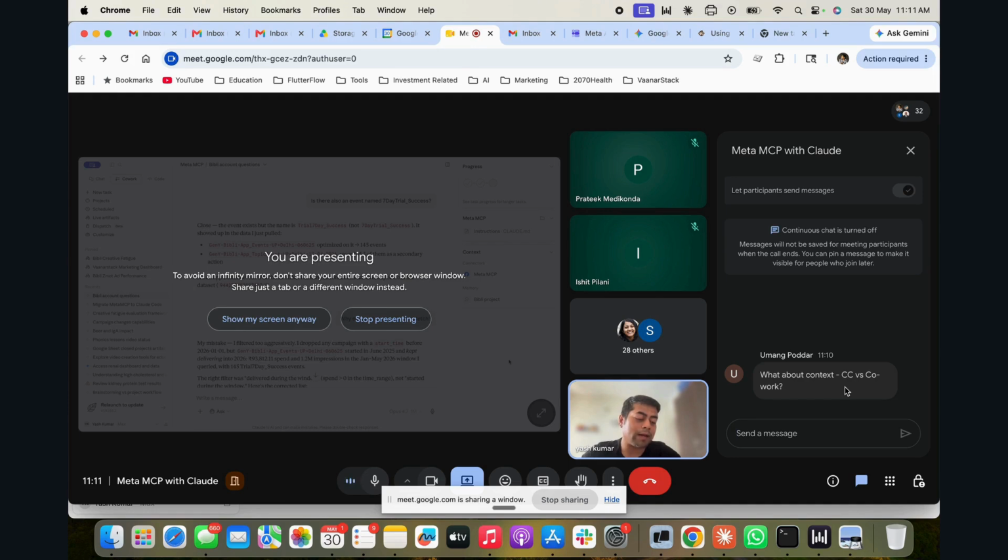And the fact that you can use Claude Code as an engine to even do your creative, it can have that context. Or if you are building your product on Claude Code, it can have that context and plug into what you are doing on ads. So that way it will be much more powerful. But if you are just focused on managing ads, etc., Cowork works just fine. And the objective of today's session is basically to go over that.